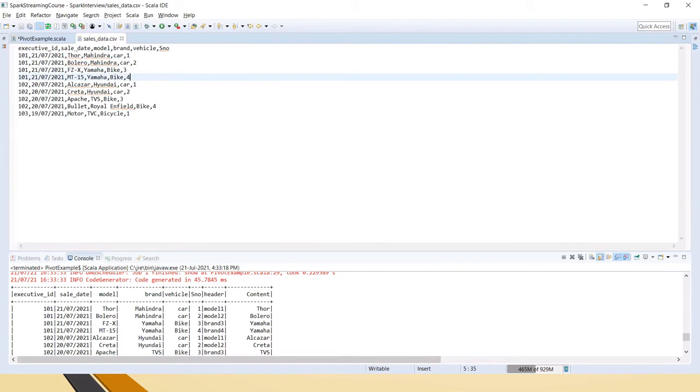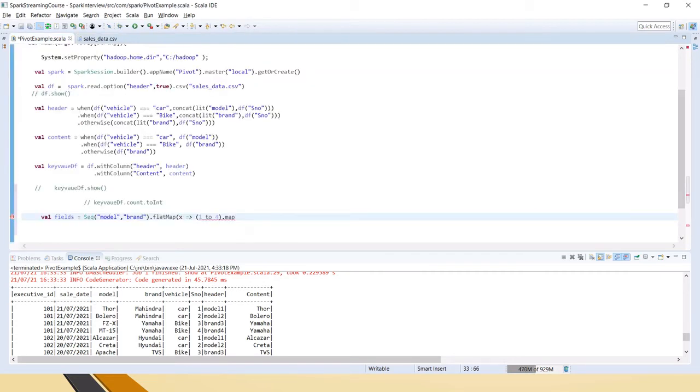So for 1 2 3 4, the serial numbers, for each one I am saying that we have to add these two, model 1 to model 4, brand 1 to brand 4. Again for each s value I'll take t, because here again we have to do string concatenations, and we'll just get confused.